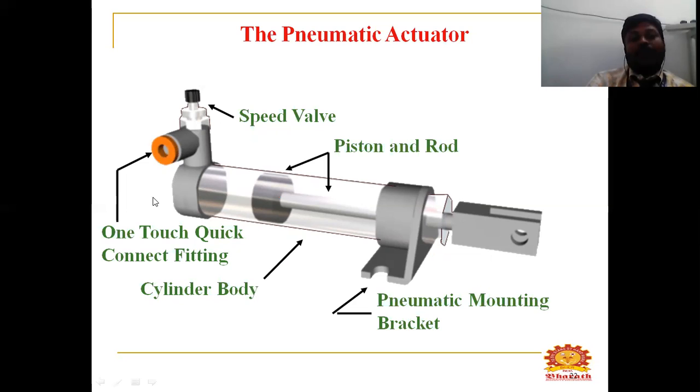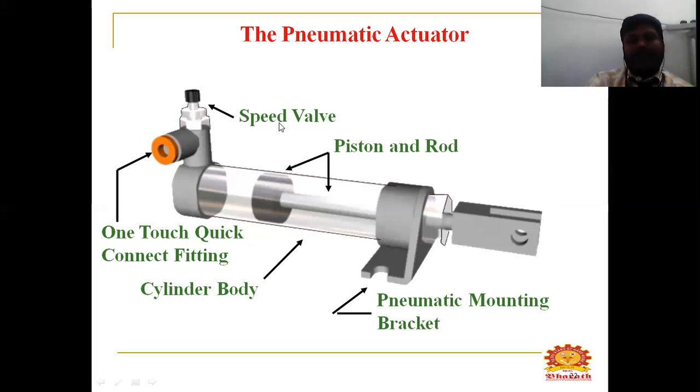If the fluid is going here, it will automatically fill, and this piston will be moved from this position to this position. It will be extended, and your cylinder will be extended.